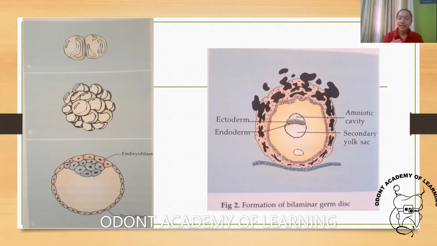Now the area between the ectoderm and the embryoblast is known as the amniotic cavity, as mentioned here. This area which you can see above the ectoderm is the amniotic cavity. The area present below the endoderm is your secondary yolk sac. So this is the basic of anything. Before we start with growth and development, the one basic thing you should know is this concept of fertilization and cleavage: how trophoblast is formed, how embryoblast is formed, what is the amniotic cavity, and these two layers of cells, that is ectoderm and endoderm.